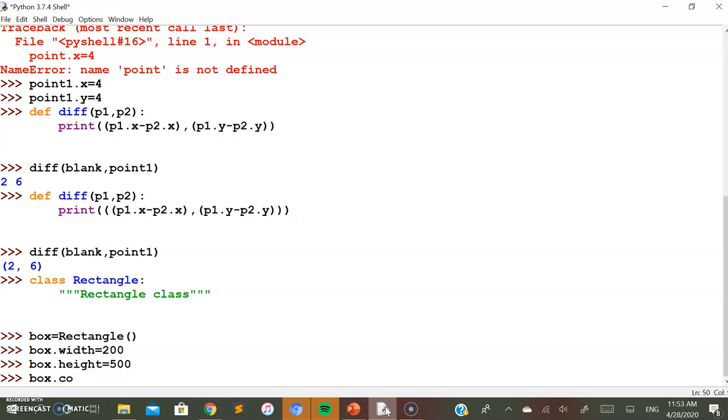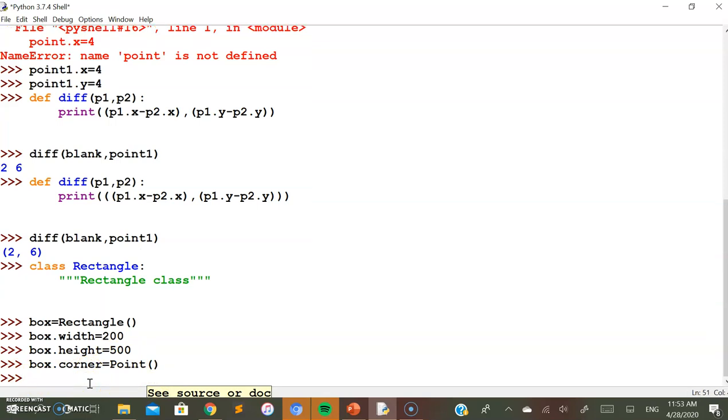I'll take it as an attribute, box dot corner is equal to another point object. Since we have already created a point class, we can create box dot corner as an object of this point class. Using this we can set the x and y values as a point for this rectangle.